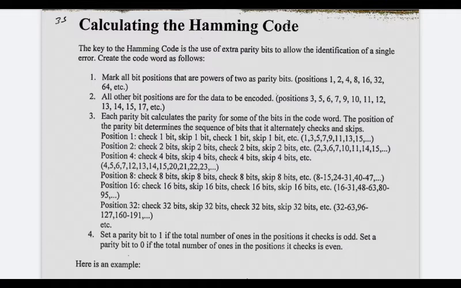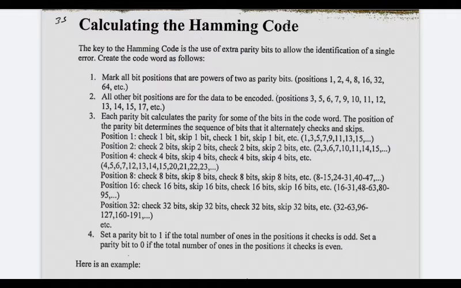So based on that, whether it is an odd number of ones or an even number of ones, you are going to decide what the parity bit is, whether the parity bit should be set to 1 in position 4 or set to 0 in position 4. Similarly, you have to do it for position 8, which is 8 here.